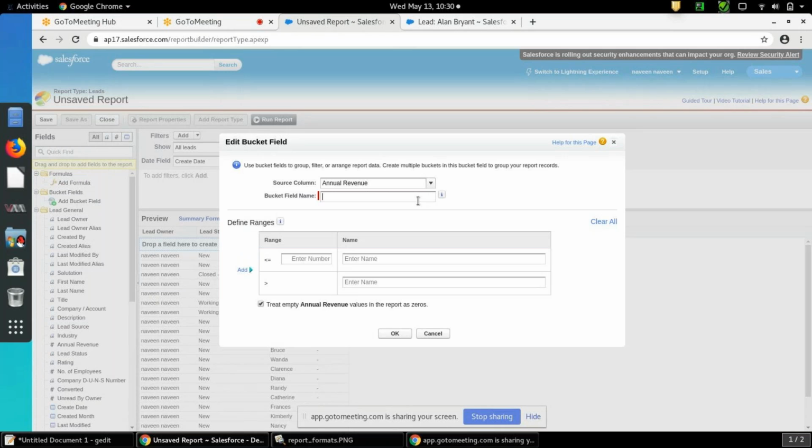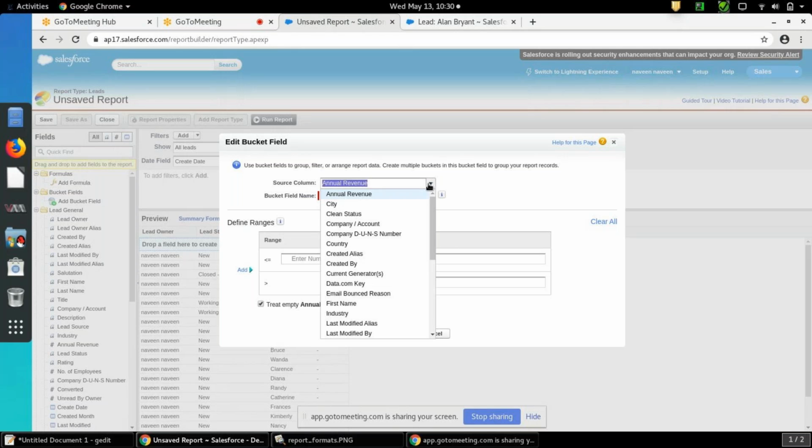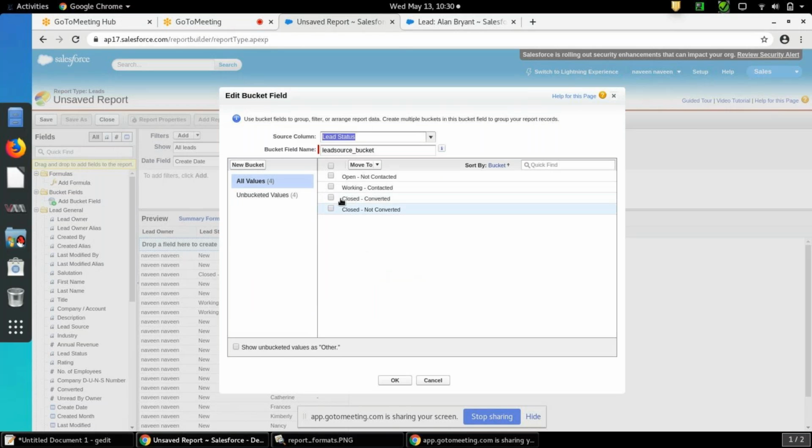Okay, label, name it like lead source bucket. So I want lead status. Suppose open contacted, I want to move to one bucket, like bucket one.